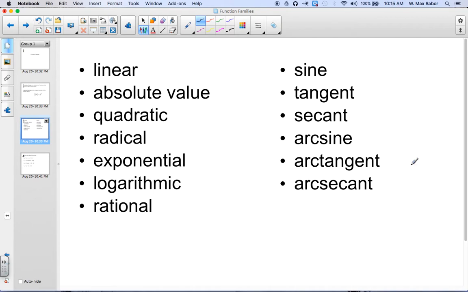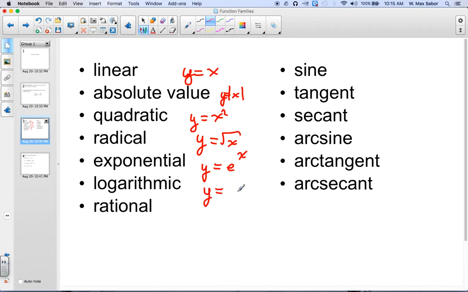Linear functions. Linear functions are based off of y equals x, absolute value, quadratic, radical, exponential, logarithmic, and that's my natural log symbol. I write that in cursive just like I write my trig functions in cursive. Rational,